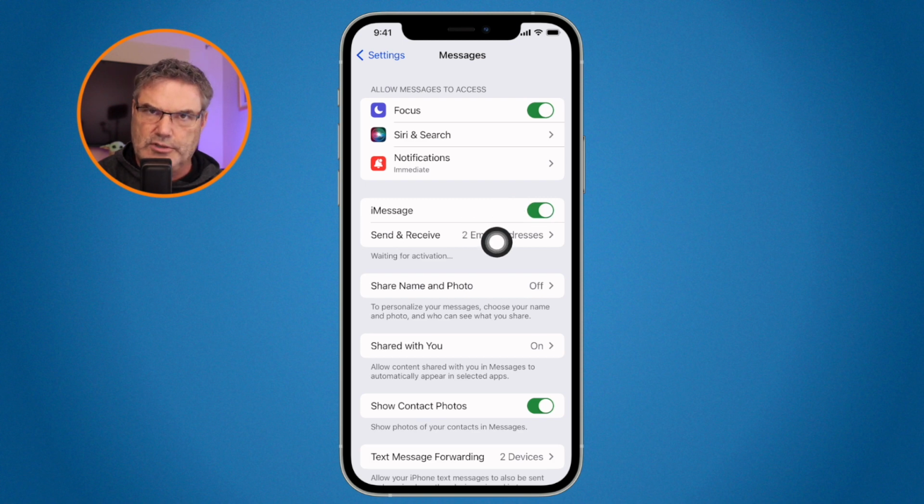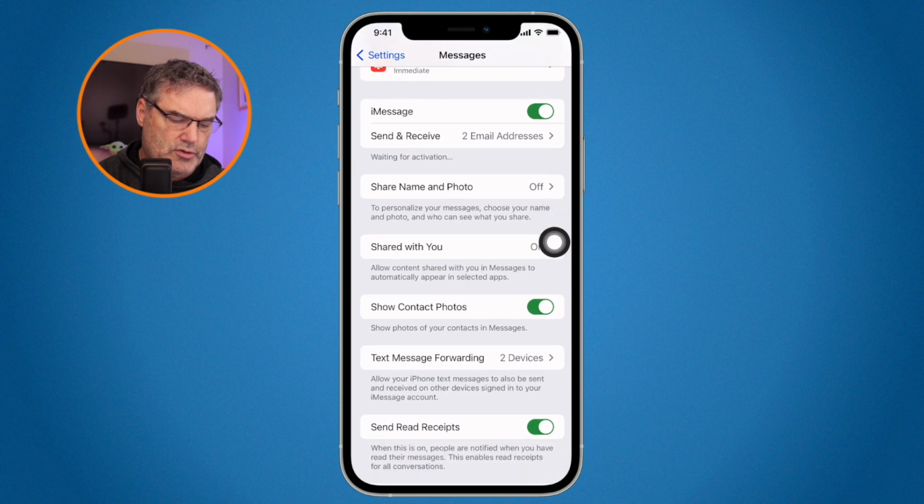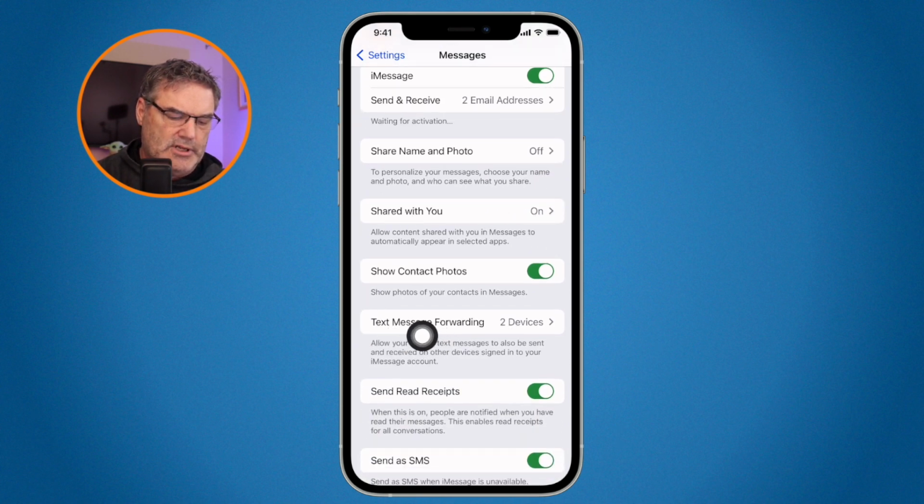Send and receive are the two email addresses. Then there's one other thing that we need to do here to get it fully working, and that is text message forwarding. What most people do is when they send a text, they text via phone number, right? If I was going to send Barry a text, I would probably ask him for his phone number.